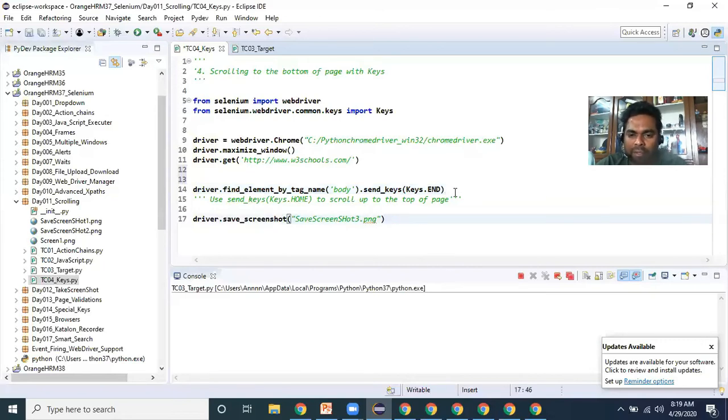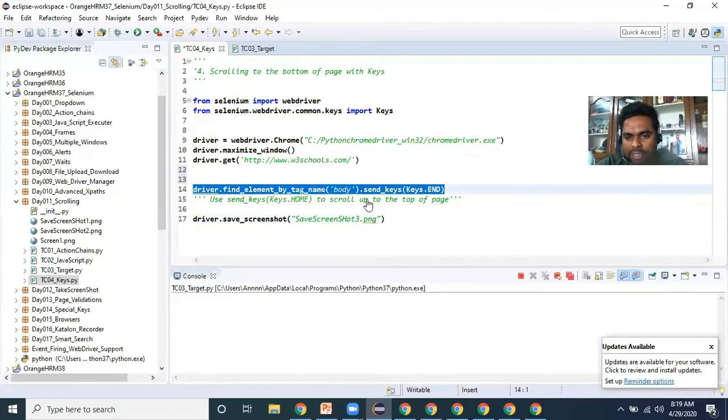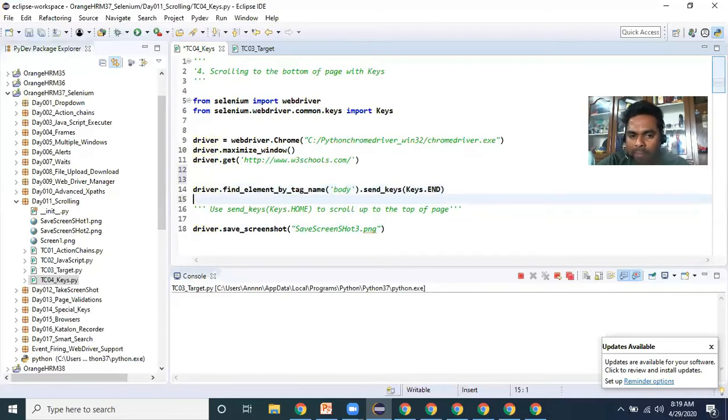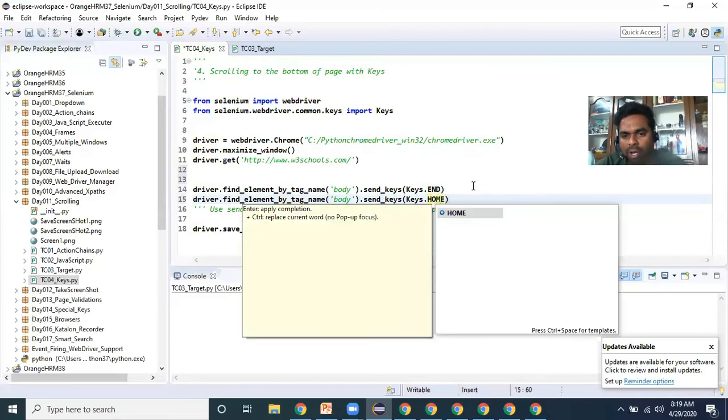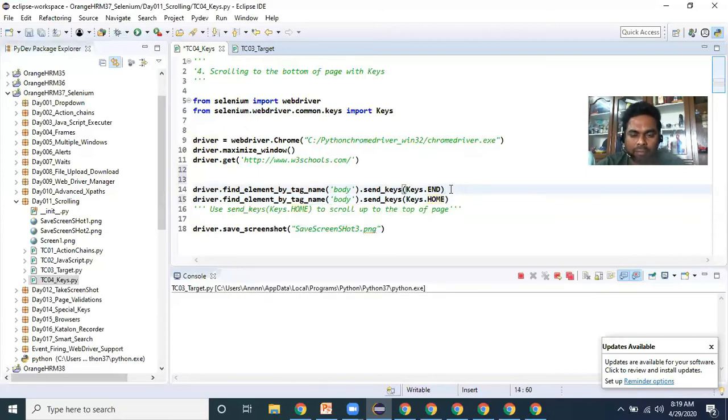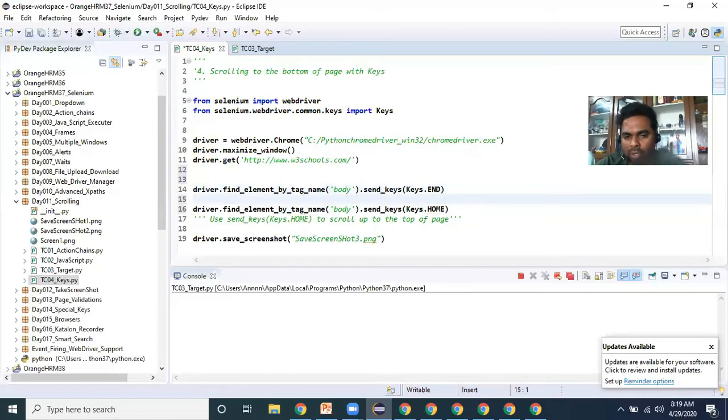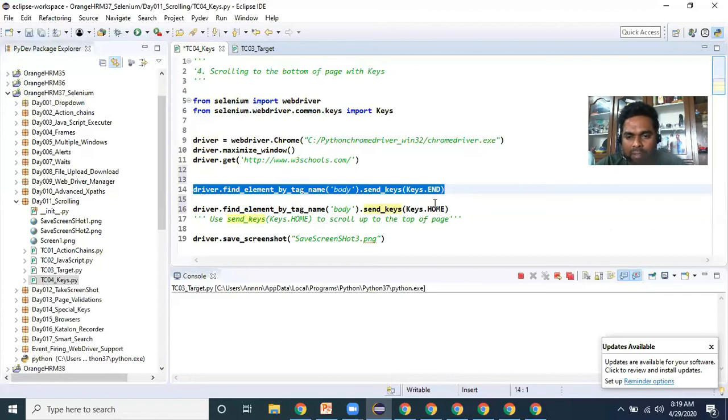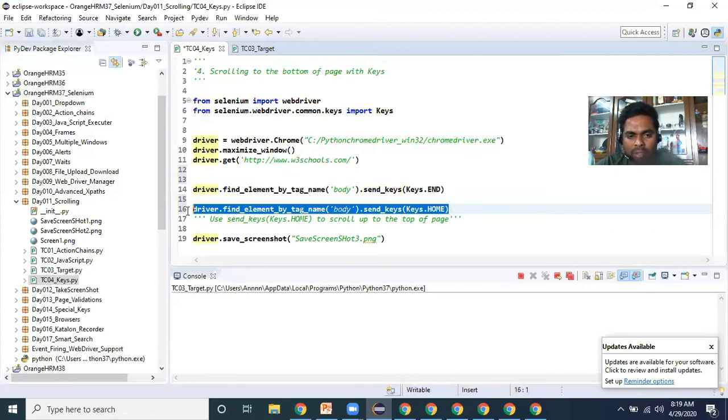And again, if you want to come back to the home page, meaning the top of the web page, then you can write Home like this. So if you want to scroll down completely to the bottom of the page, then we can use this one. And again, if you want to come back to the top of the page, then you can write like this. First of all, we will execute this one,